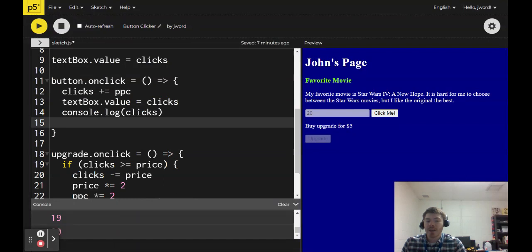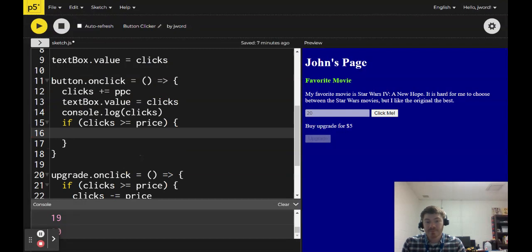Now, should I enable or disable the button? Well, I should only enable it if you have enough clicks. So I do need to add another if statement here to make sure that clicks is greater than or equal to price. It's the same as what we had below. But what should happen then if clicks is greater than or equal to price? Well, we should take that upgrade button. So upgrade